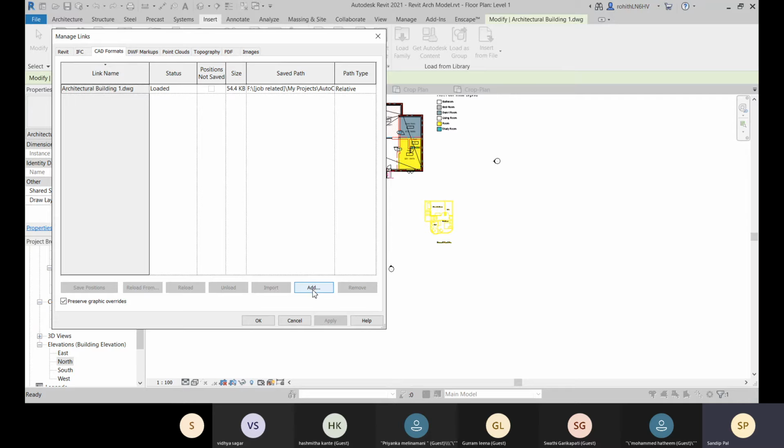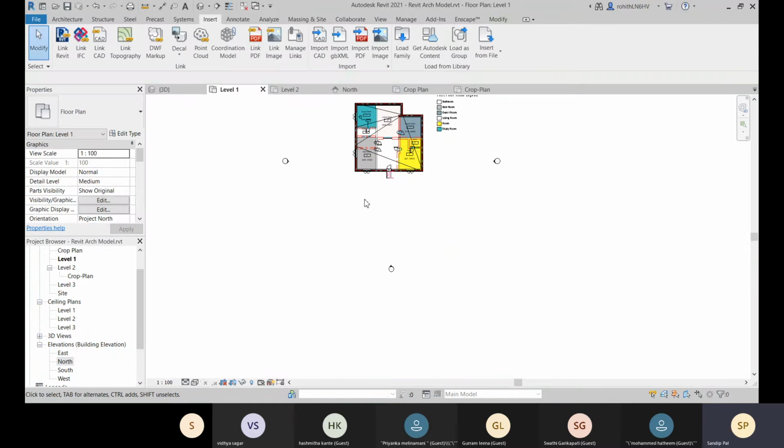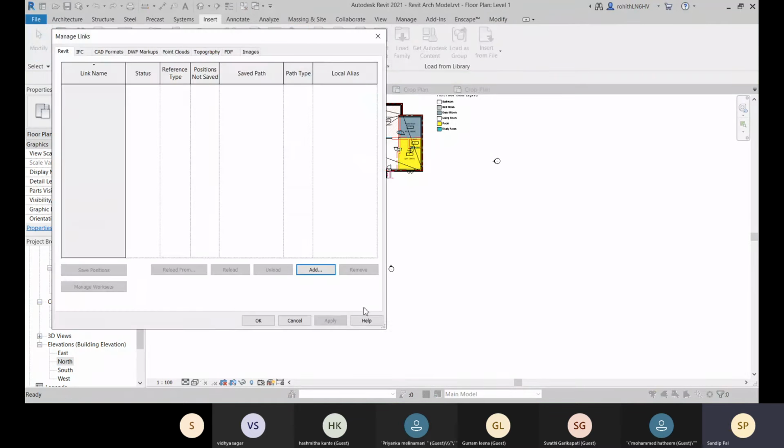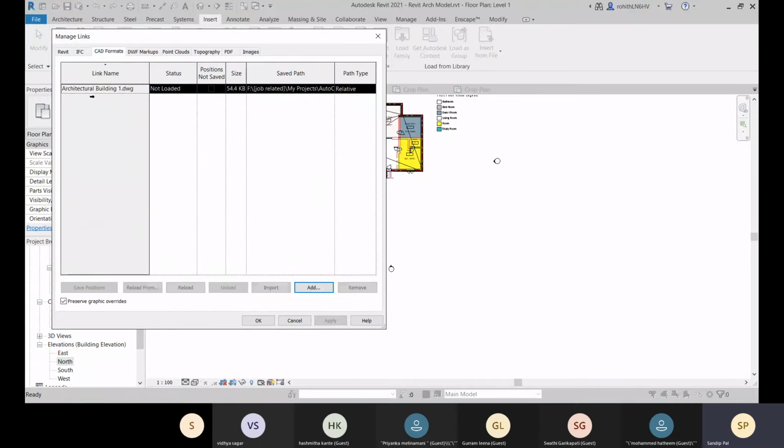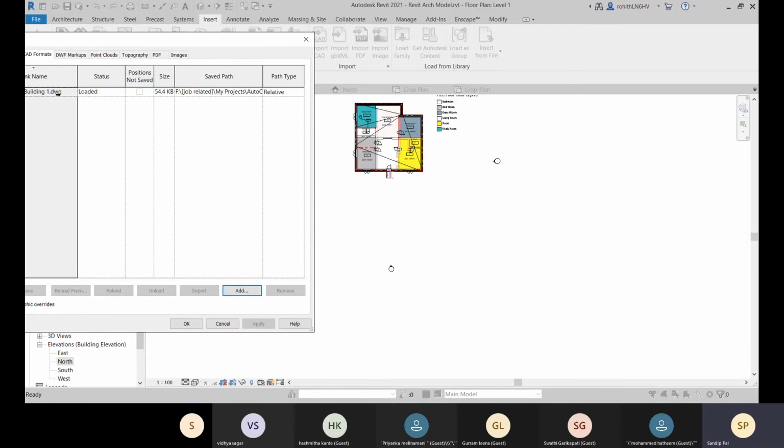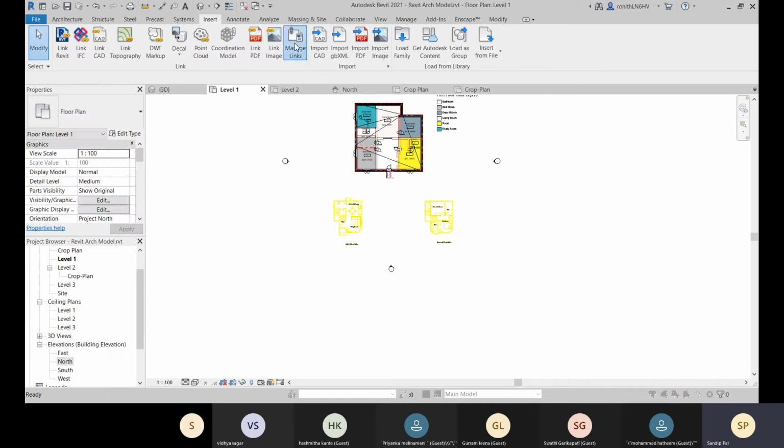Now you can add another link to this. Now let's leave this, and if you unload, that will be just hidden within this project. And again you can come to this and select, and again you reload it. So reload is to refresh, right? Select and let's go for reload and click on OK, and that is reloaded.